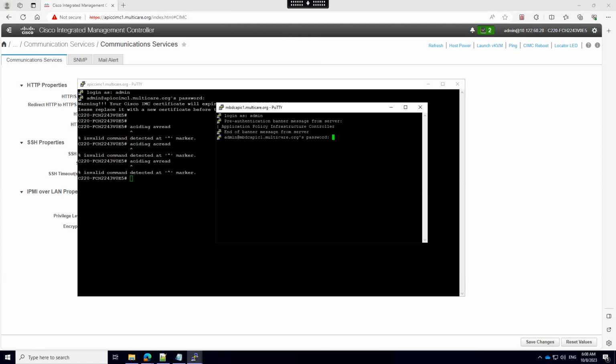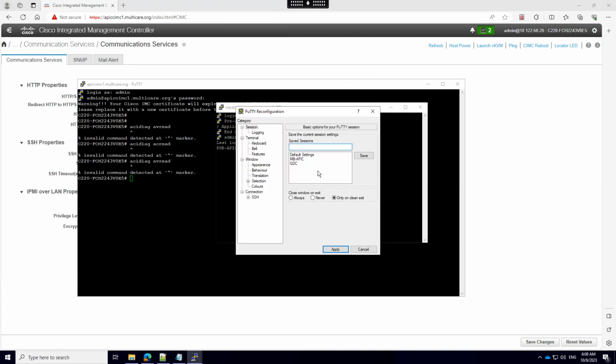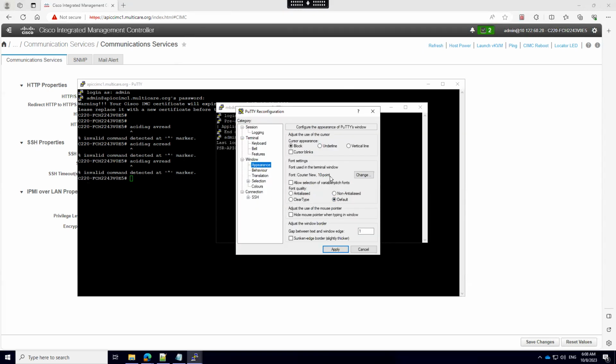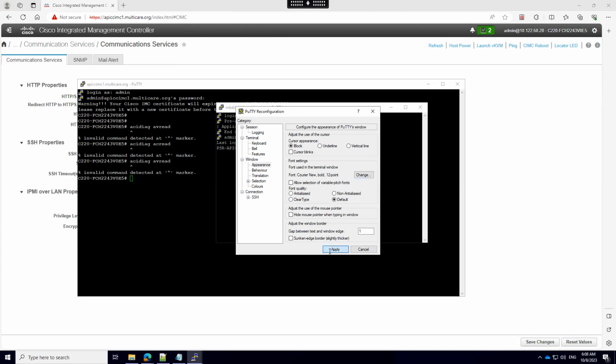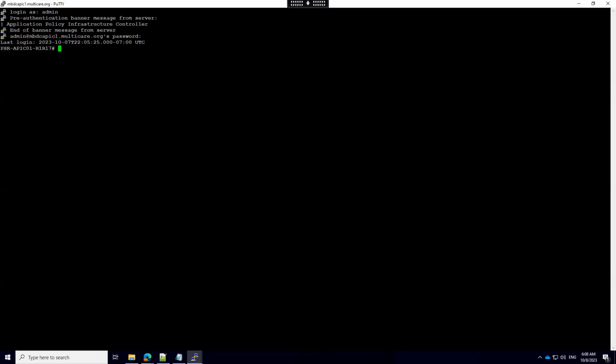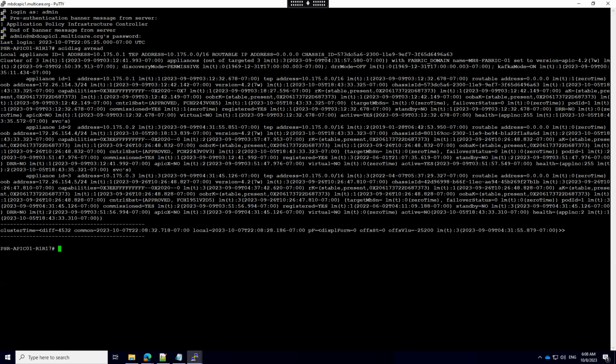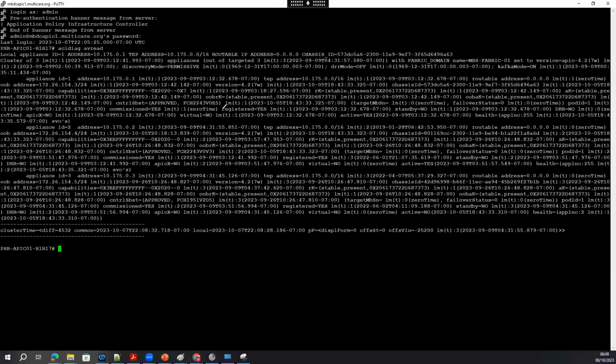AV read means I will show the properties I have configured for the cluster. Okay, so this is the APIC, ACI AV read, application vector read. What is the meaning of AV read? I will be discussing that in depth.